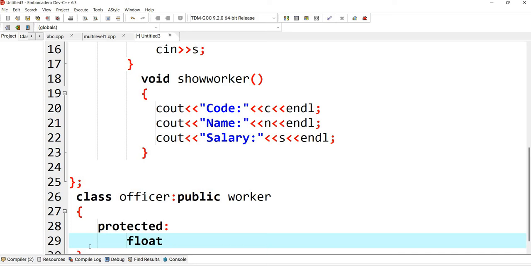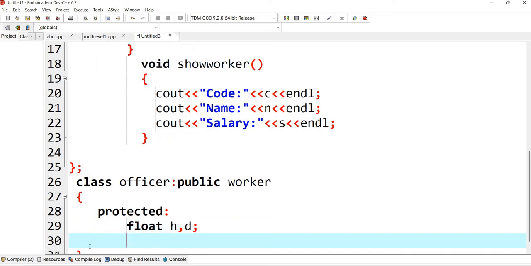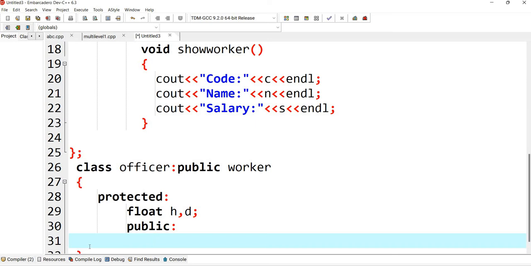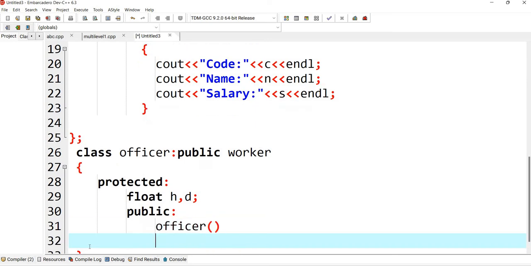For this class I'll be taking HRA and DA, and I'll declare h and d, these two variables, as float. Now I'll create the constructor for this class, which will be written within the public section. So write officer as the constructor.